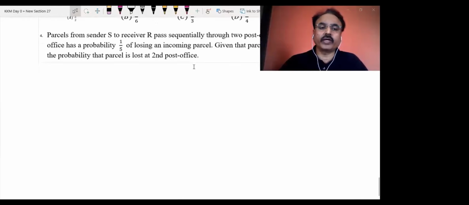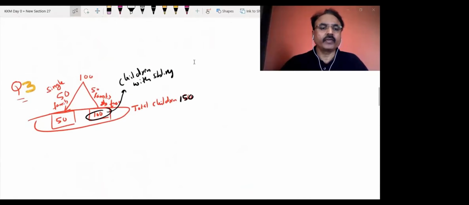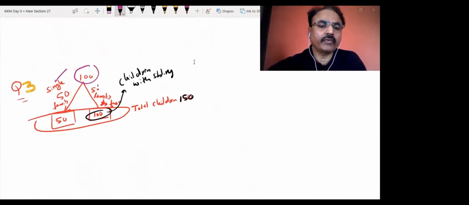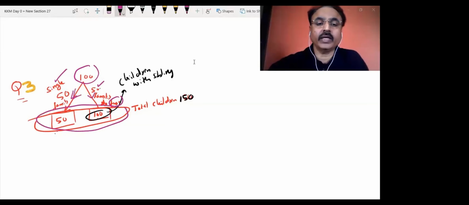So let us see how we do it. There is a simple way of doing it. Suppose there are 100 families. 50 families have got single children. 50 families have got two children. So in this way, every family has got one child, meaning total number of children is 50. And here every family has got two children, meaning total number of children in this way is 100. So this addition gives total number of children in that society, which is 50 plus 100, 150 total number